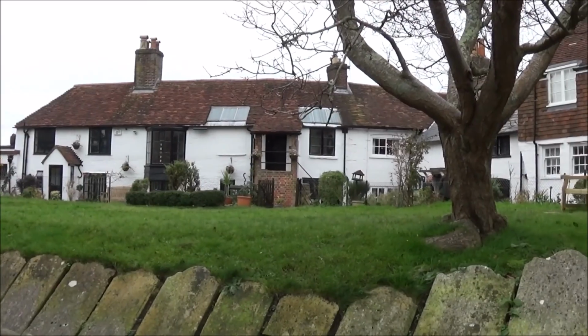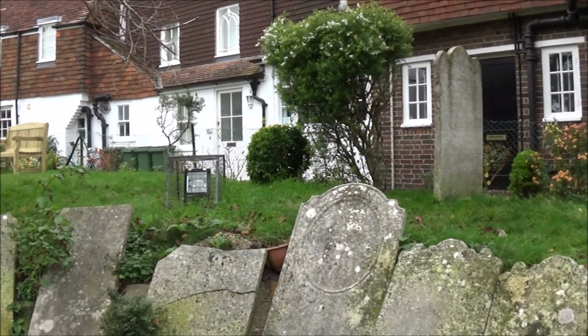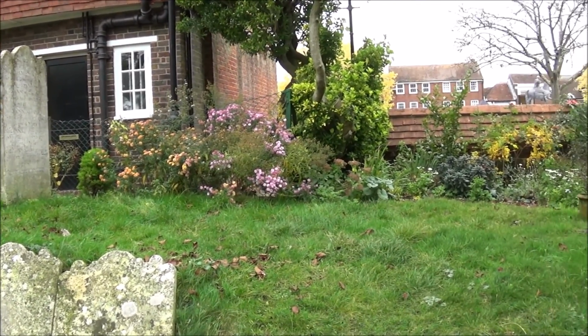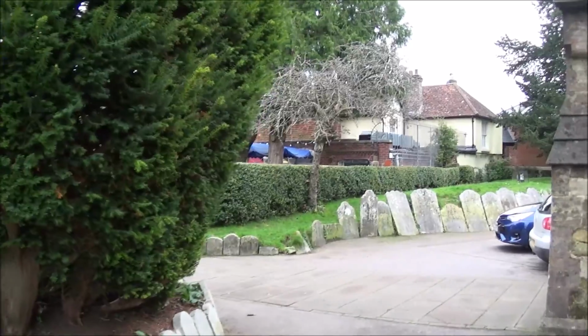You see all the gravestones have been removed from the graves and they line the path. Lots and lots of gravestones. Not a great deal of land, so I wonder if some of that land was built on for the later houses. Anyway, we're going to leave the church now,